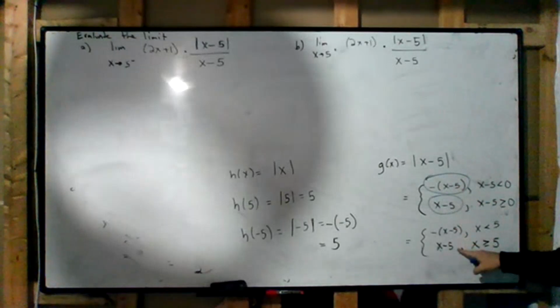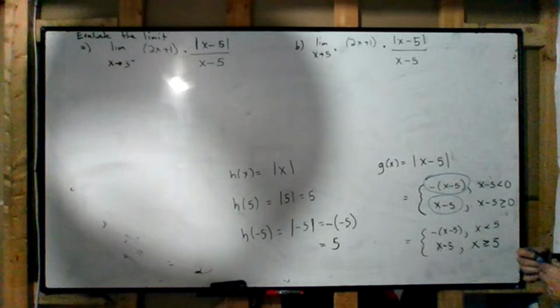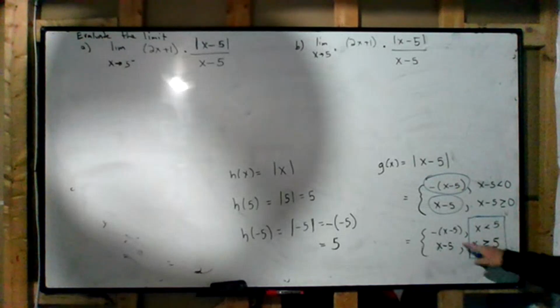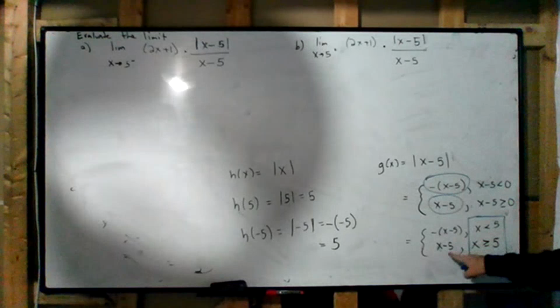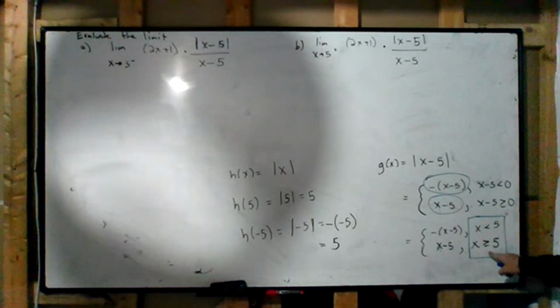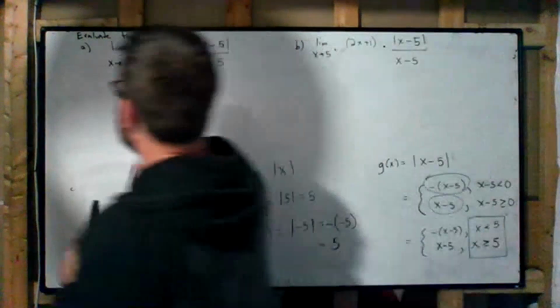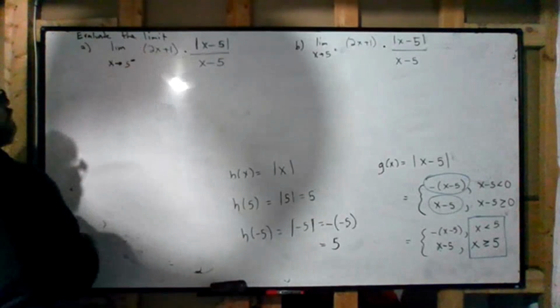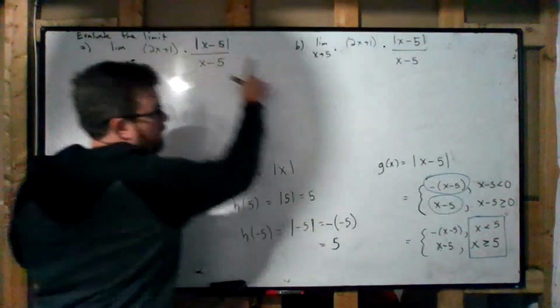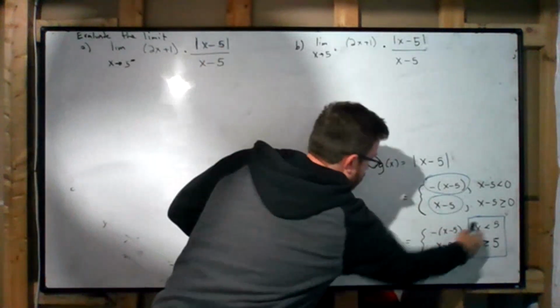Is it the top function or the bottom function? Well, it hinges on this part right here. I use the top function if I'm below 5. I use the bottom function if I'm above 5, right? So this negative one, this negative, means I'm below 5. So that means this blue function, below 5, is going to turn into